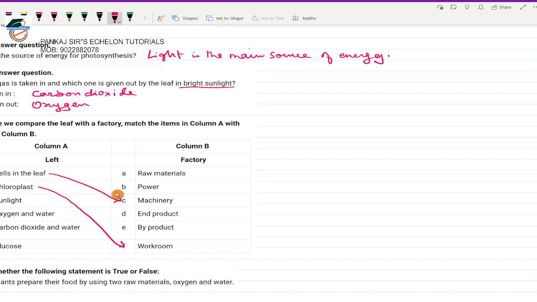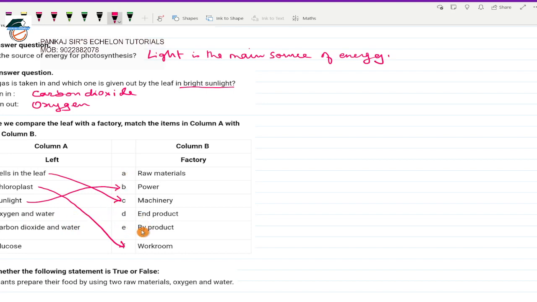Sunlight can be compared to power, because from sunlight we get light, and this light is nothing but the power to carry out the photosynthesis. This is the main energy that is needed. Okay, so sunlight can be compared to the power in a factory. Oxygen and water are not the raw materials for photosynthesis. Okay, so oxygen and water are the end products. You cannot call them as raw materials. Okay,